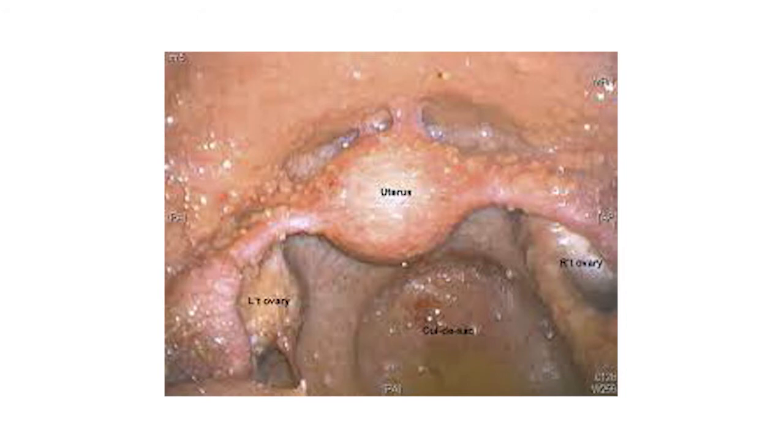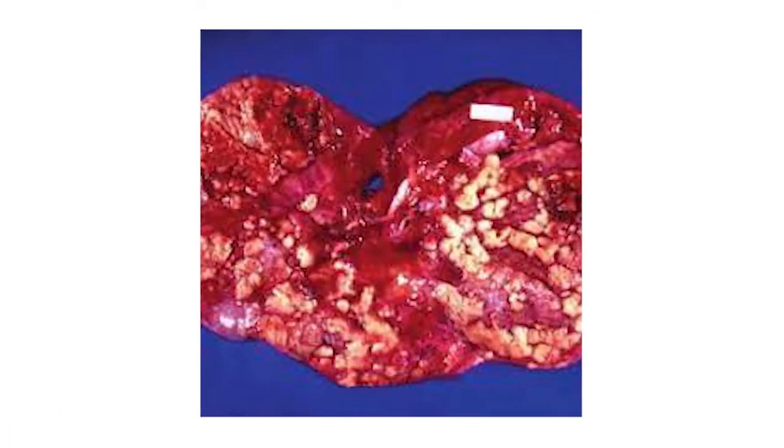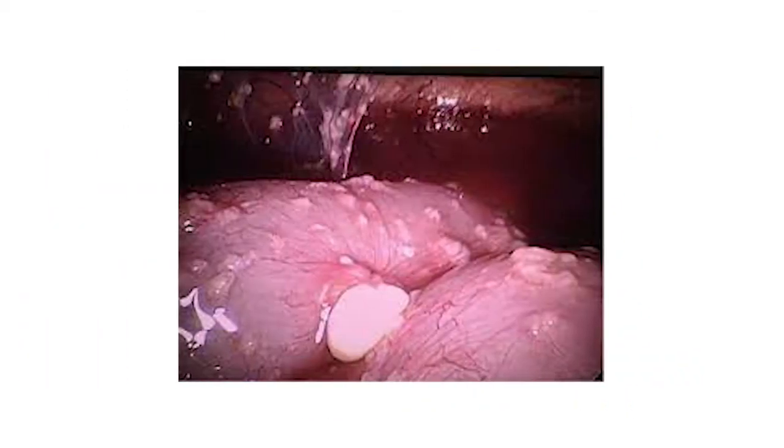There is a uterus, left ovary and right ovary clearly seen. Urinary bladder is also seen there. There are very diffuse adhesions seen in the abdomen. This is the laparoscopic view you are watching. Typical tuberculous peritonitis picture. This is the resection of the omentum, tuberculous peritonitis. This is also a laparoscopic image clearly showing the tuberculous peritonitis. Adhesions and bands are clearly seen.